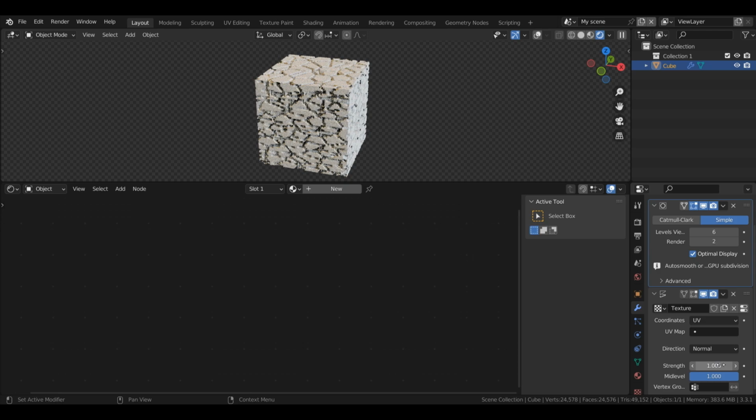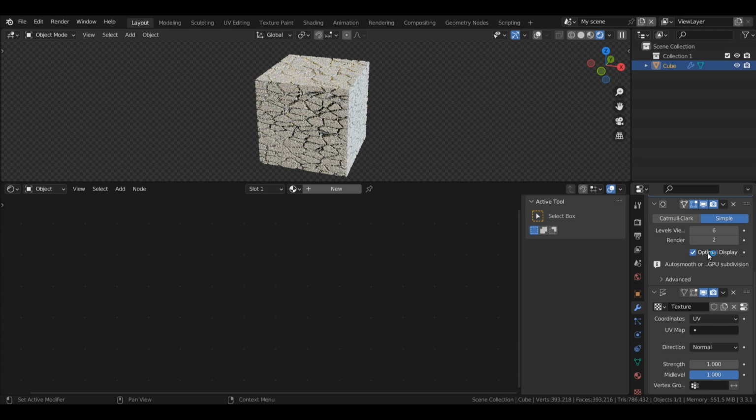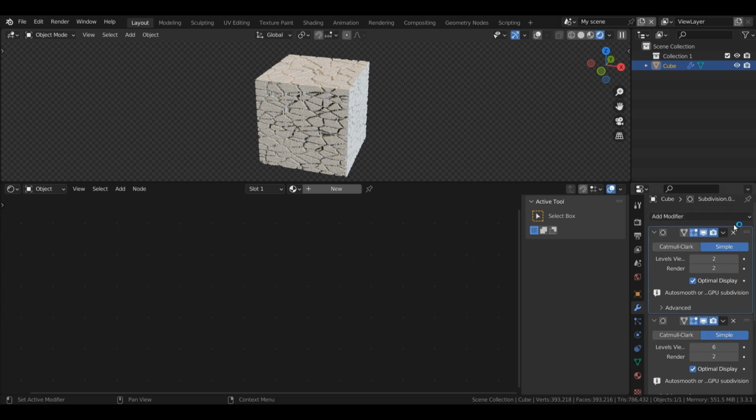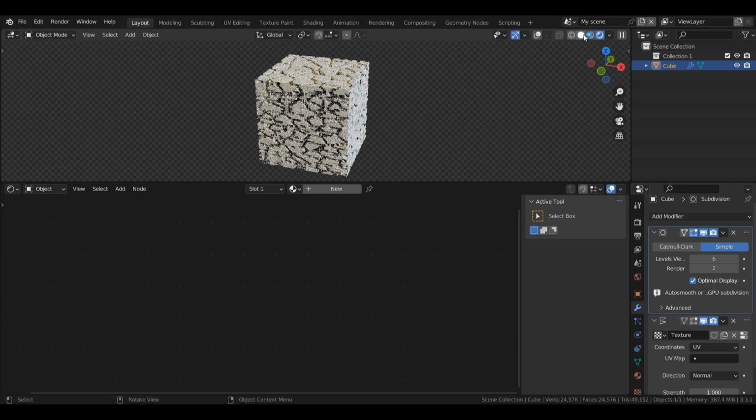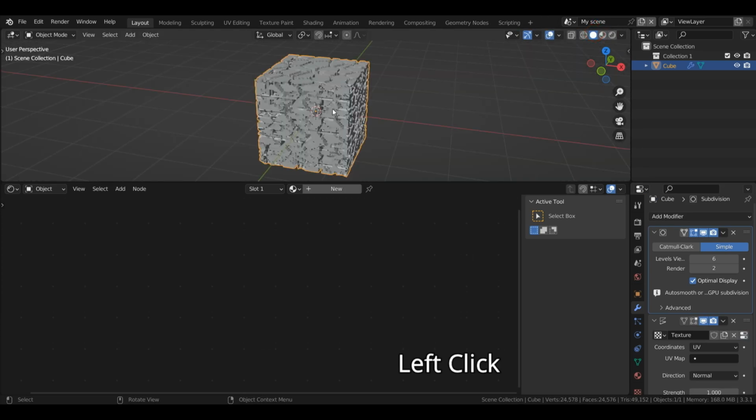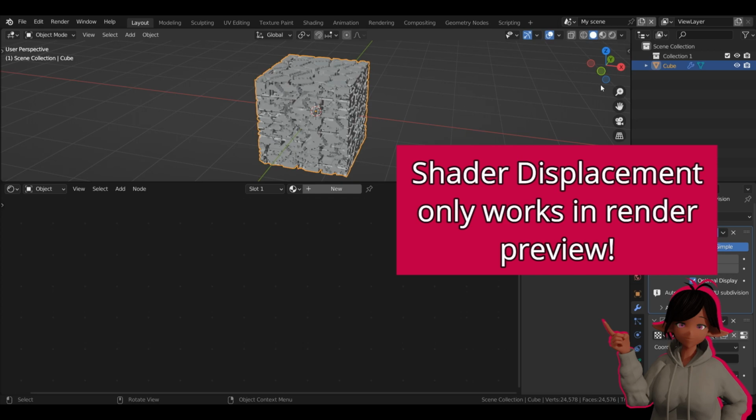If you're still not happy with things, you can experiment either altering the strength to something lower, or you can go ahead and add an additional subdivision surface modifier. You can notice now that I've moved that second subdivision surface modifier to the top, it's now looking a lot smoother. If you don't want to have loads of subdivision surface modifiers, you can just delete this new one we've made. Then I'll go into solid view so it's less laggy. Notice how when we're using the modifier, we can see it even in other viewing modes.